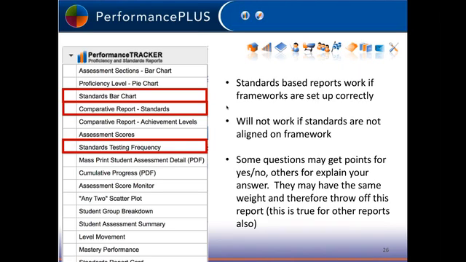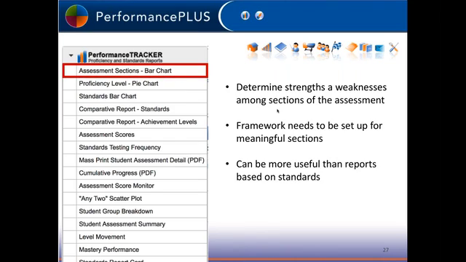The way things are set up in P+, there has to be a place to put all this information. And say you have one question that's standard A, but it's a yes or no question. And then you have another question that's also standard A, but it's an explain your answer question. Those are going to be put into the same categories, and it doesn't give you great results. So I'm actually going to skip those. I never use them. I use these reports and other reports all the time, but I never use these particular ones.